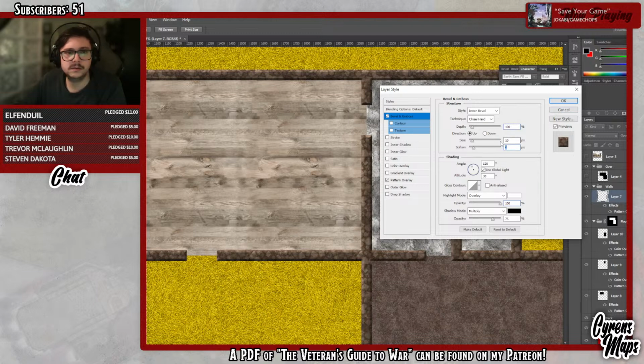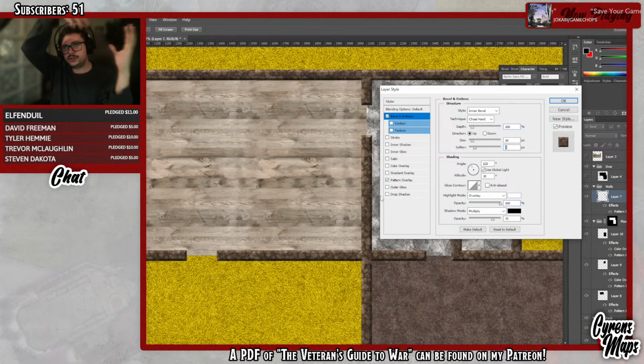I think that's maybe a 3. Alright. And then I'm gonna do a drop shadow. For my maps, I don't know if you have ever noticed this, you might have when you're putting in an asset of any type, not one of mine, the shadows are almost never, for my maps at least, just